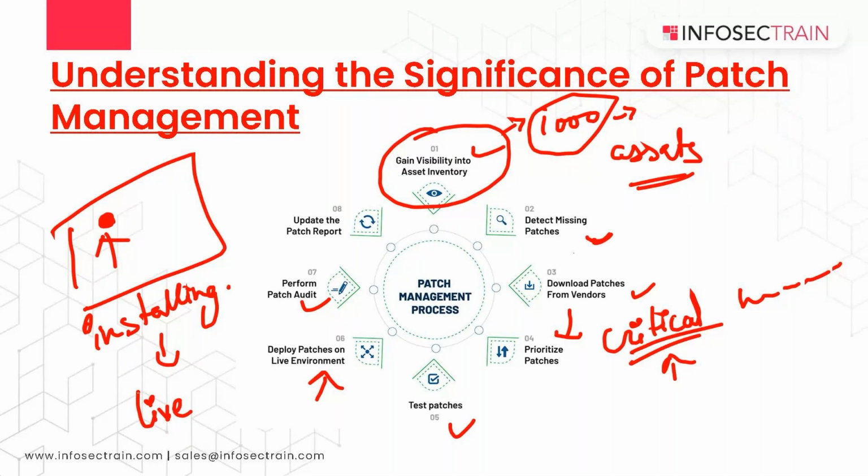So the seventh phase will be helping us to identify any failures, any misbehavior that my patch may be giving, right? If it gives us any sort of failures, then we can simply perform troubleshooting there. Then after this, we are having the last phase, which is your patch report,